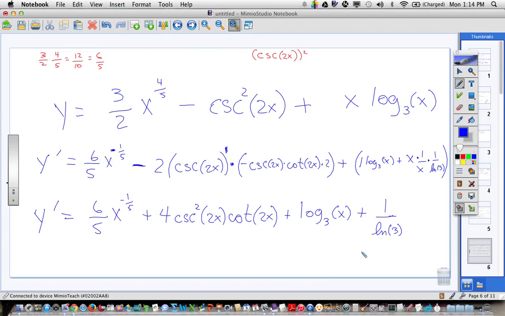So a couple things I wanted to point out here. Again, wanted to reiterate the thing with the sine squared, that means the whole quantity squared, or the cosecant in this case. The other one was this thing with fractions,